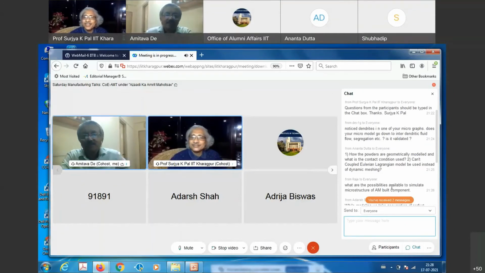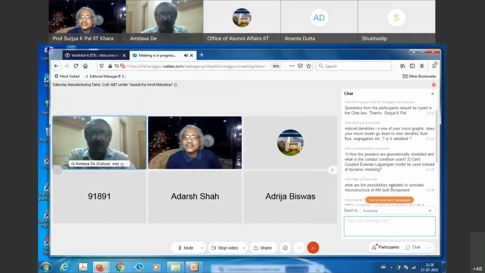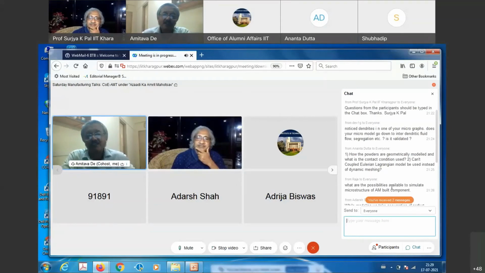No. The purpose here, the ability of the model that you have seen, is to only say what the cooling rate is at the layer level, at the macro level. We just take that cooling rate, which we consider as prevailing within the layer, and because of that, what might have happened at the dendritic level is a sort of connection that we try to examine. But of course, the model does not go to the dendrite level.